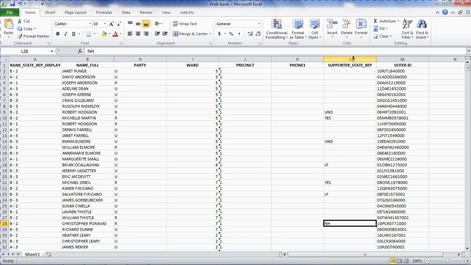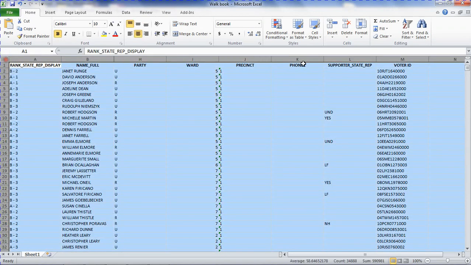So we've got our information here, and we first need to what we call scrub this data. As we import information, we want to be careful that we're not overwriting people that we've already imported or logged into the system. And so one of the ways that we do that is we want to make sure that we take out anybody who has a blank field in this supporter state rep column. So you can see there's a number of those because, of course, we don't hit every door, and people aren't home, or people within the house, it depends on who we see. So we're going to end up with a lot of blank spaces, and we want to get rid of all of that. So the first thing we're going to do is we are going to select all of the information,